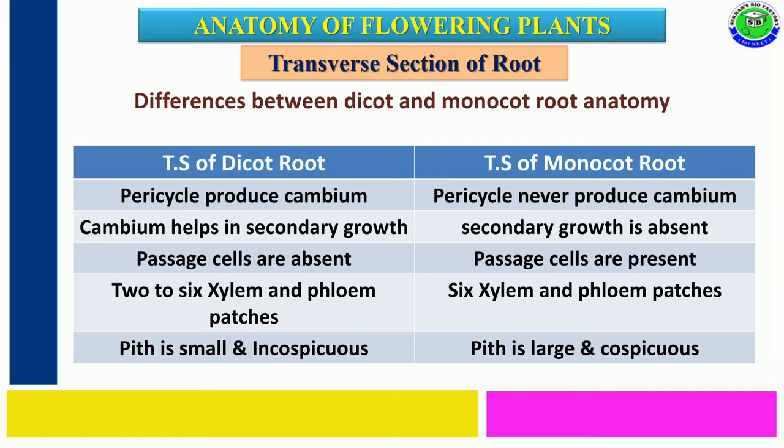In dicot root transverse section, pith is very small and inconspicuous. But in case of monocot root, pith is large and conspicuous, made up of parenchymatous cells. So these are some important differences between transverse section of dicot root and monocot root, but in remaining